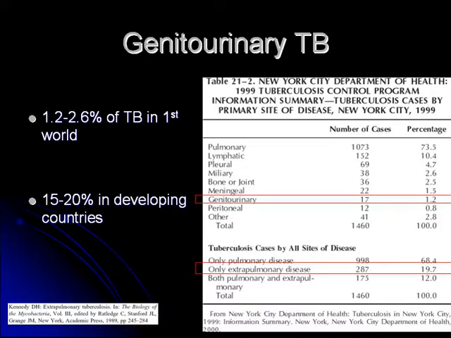Here's some information from the United States from 1999 that really shows that genitourinary tuberculosis, some people say it's the most common extrapulmonary manifestation of TB, but it isn't. Lymphatic disease is the most common site outside of the lungs. And in this series, GU-TB accounted for about 1% of all cases of TB. In the developing world, if you screen people who have tuberculosis, there's a much higher incidence of AFB positivity in the urine, somewhere around 15 to 20%. So it's thought that GU-TB is a bigger problem on a global scale.